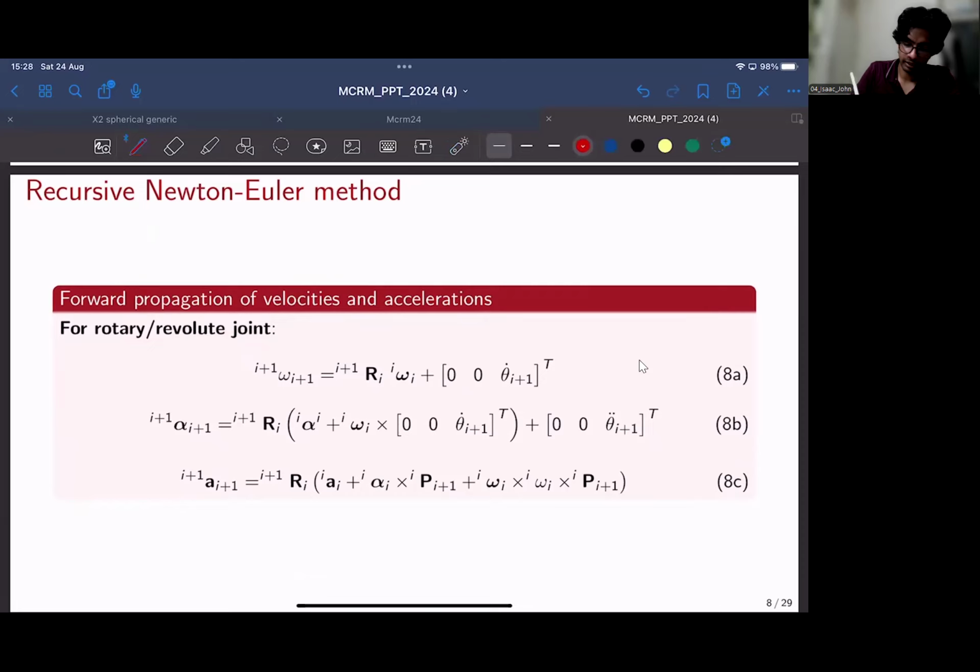So why do we call this a recursive Newton-Euler method? There are two schemes to make this Newton-Euler method work. The first is the forward propagation of velocities and accelerations. So the first one being here, we call this forward propagation. For example, if you have a robot comprising of n links, the first link is ground. This would be the